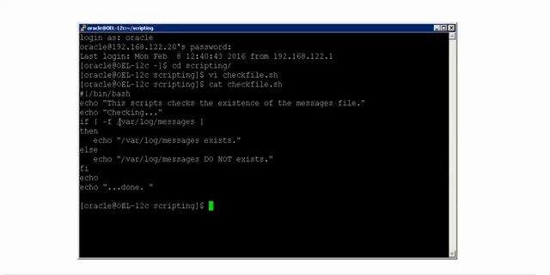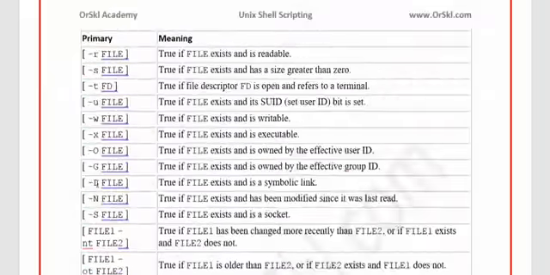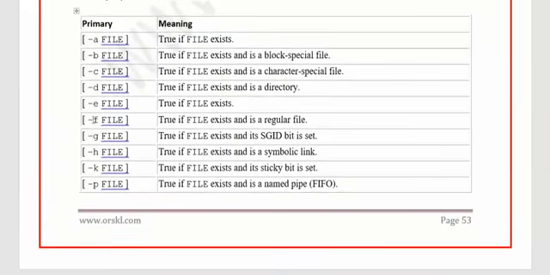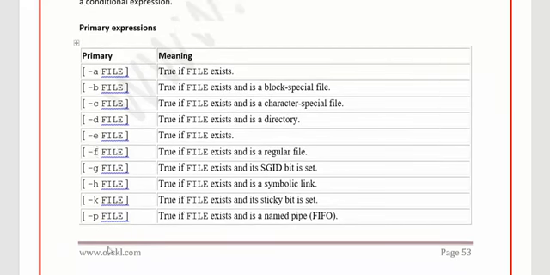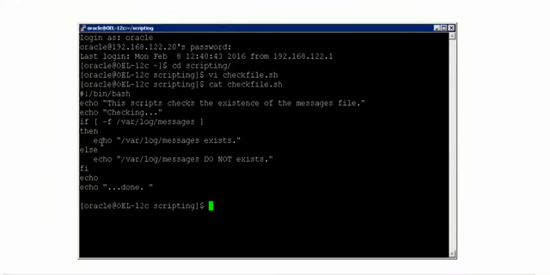So what am I telling in the if clause? Just check if the file exists, -f. Now come back to the tabular. Where did I use -f? Now if you see here, -f and then file name, it will return true if the file exists and if the file is a regular file. It is not a block special file or a character special file, or a directory. It is just a file, and if that file is a regular file, I'm using this primary expression to identify if the file exists or not using the if clause.